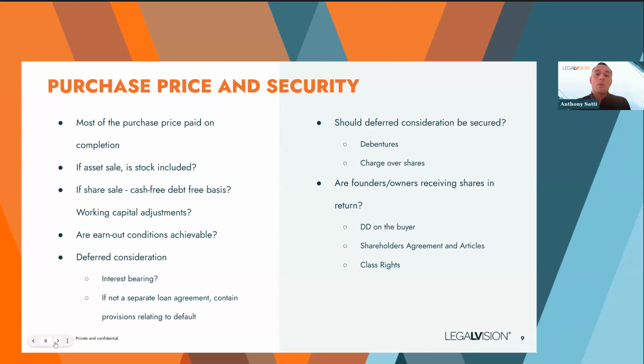The main thing I want to look at here is how the purchase price is paid and the mechanisms by which it will be paid, not so much the quantum, because the amount that you ultimately negotiate with the other side will come down to valuations of the business